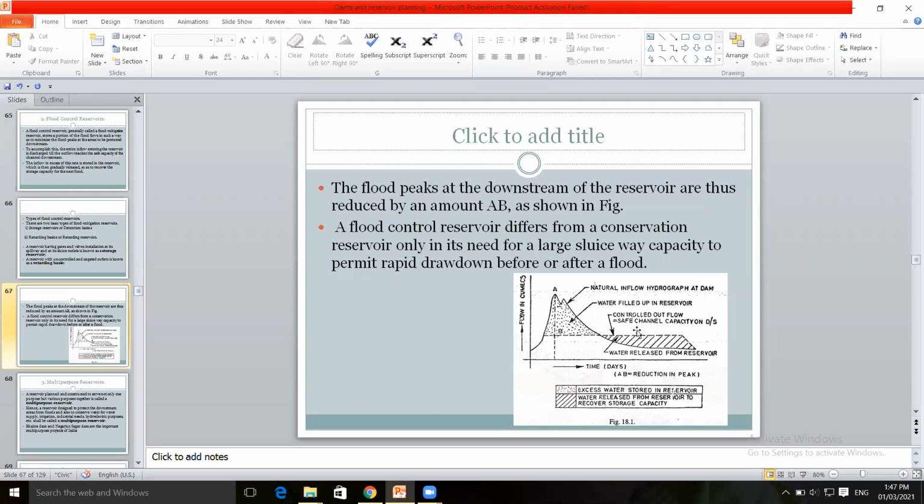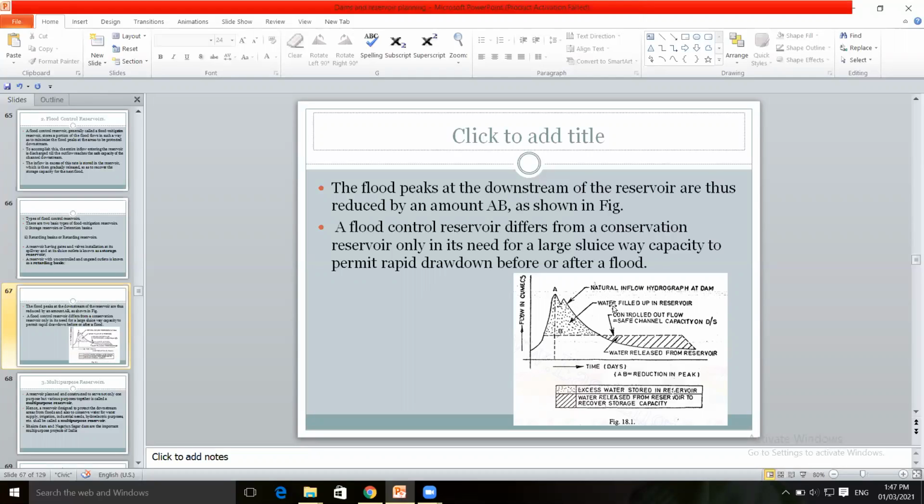So during inflow, in case of flood situations, there is a rise in the water level. Storage will increase. The levels, discharge will increase. The levels of the water will increase. It will reach up to highest flood level. We have seen the different levels in the dam structure, highest flood level. During peak flow, it will reach up to the highest flood level.